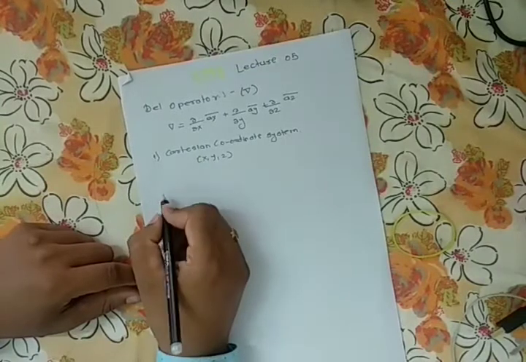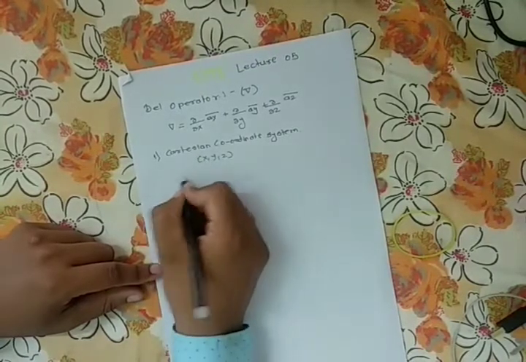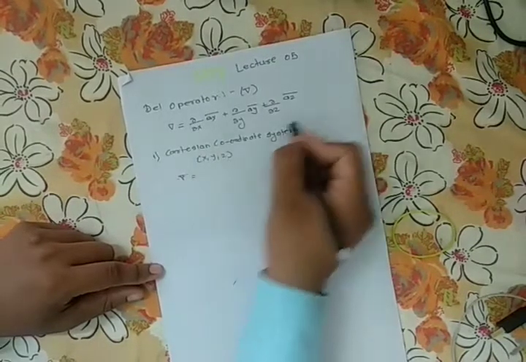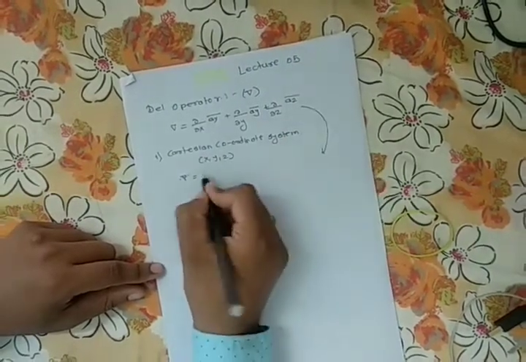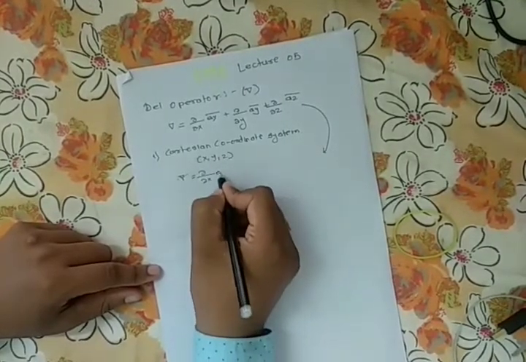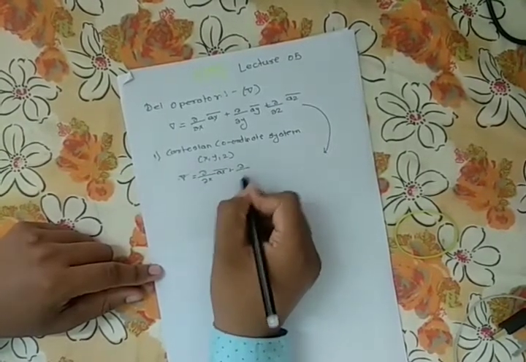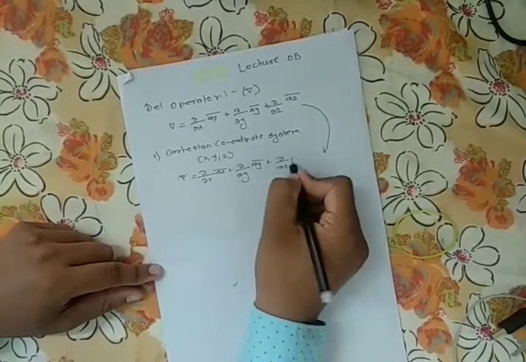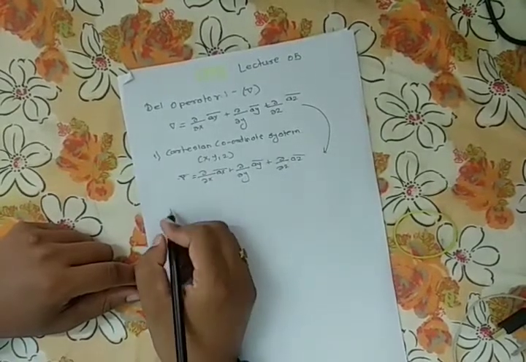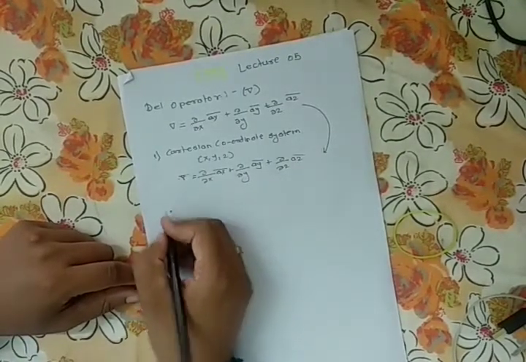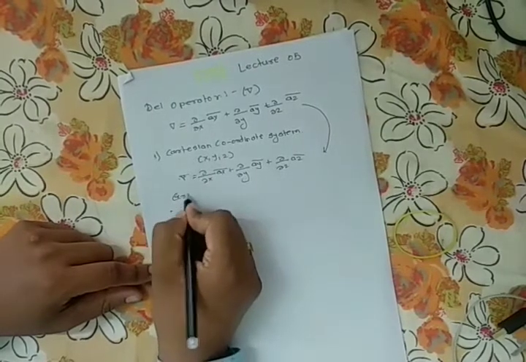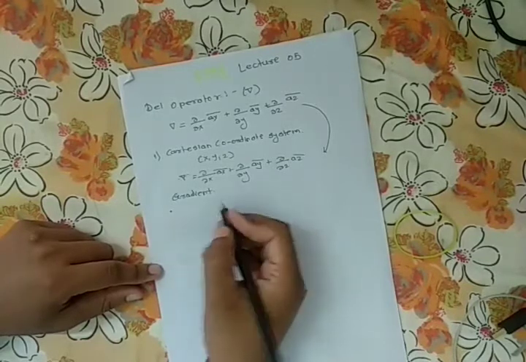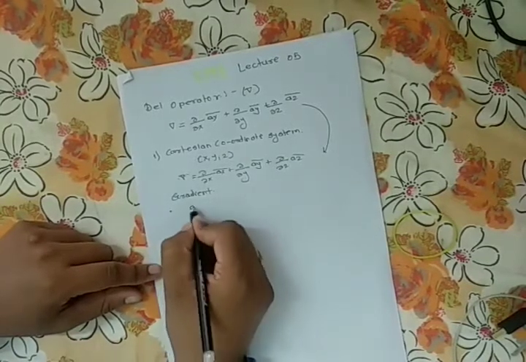So similarly I will write here del by del x, ax bar, del by del y, ay bar, and del by del z, az bar. Okay, that is the del operator. Now we have to see the Cartesian coordinate system. First is gradient. Now I will take v as one scalar quantity. So gradient of v